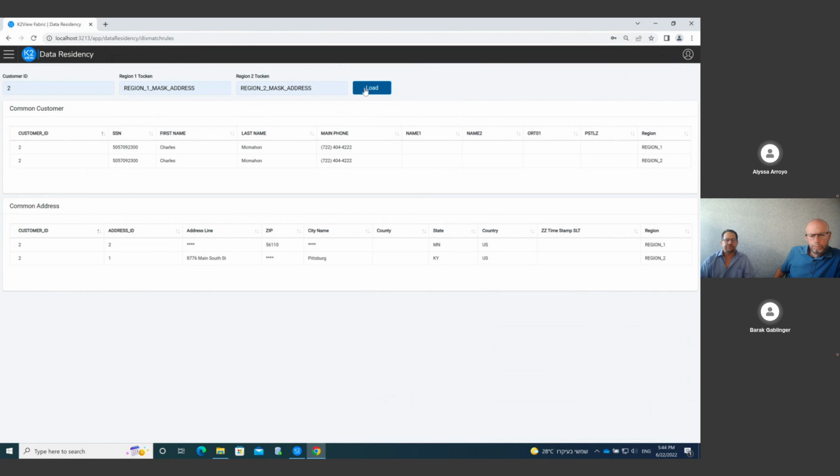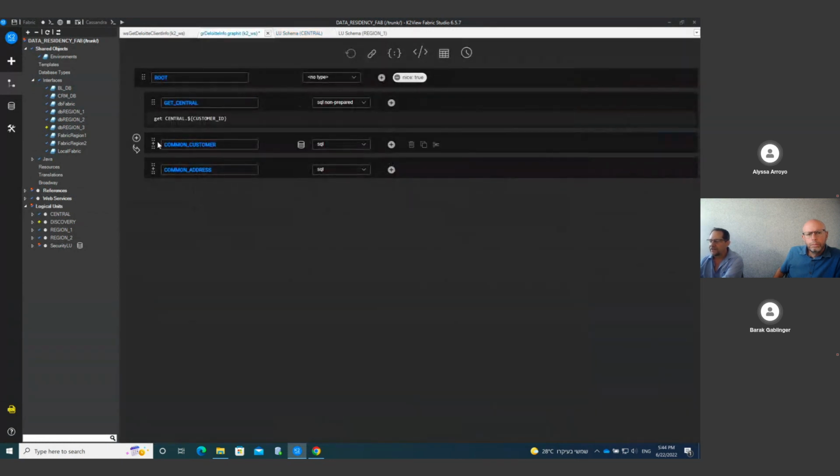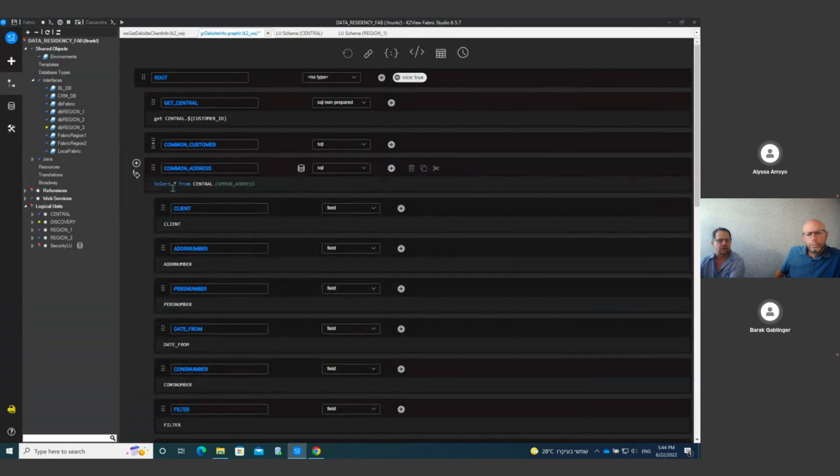Okay, so this is the end process, and it's very simplified. And in a moment I'll just show what we have here. So at the end of the day, this is, by the way, the studio of K2View. It's a simple web service that exposes a graphic which has simple select commands, which in a very simplistic way lets us expose what we're going to look at.